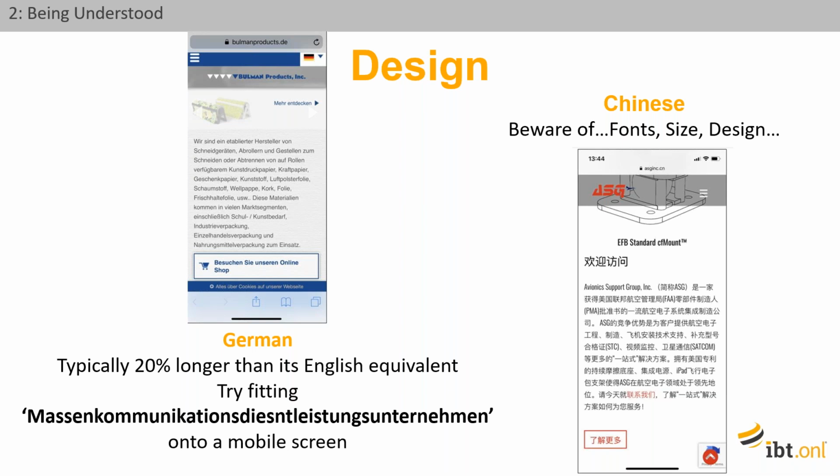website. Another example is Chinese, or any language that is not Roman letters. Different fonts, sizes, designs, and so on, all are important. I said German can be 20% longer, while Chinese is about 30% shorter. Also, you can't use bold because it gets unreadable. So there are things like that you just have to know in terms of design when you're looking at that kind of design things for